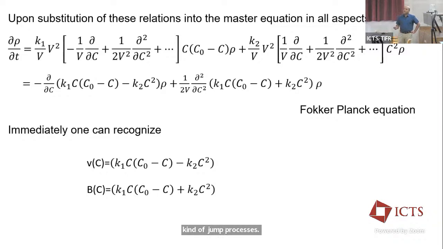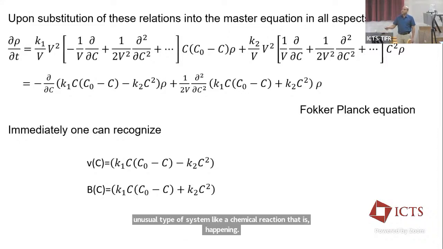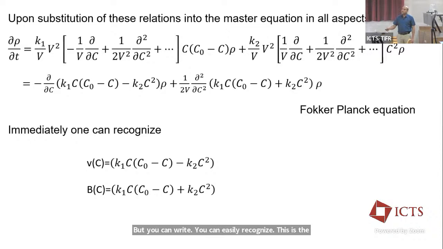You can easily identify that, even for a completely unusual type of system, like a chemical reaction that is happening, you can write it and recognize this is the deterministic part, not the Langevin part, and this is basically the noise part, which we can compare with the original version, the way we derived this Fokker-Planck equation. So immediately you can recognize this is the deterministic part and this is the stochastic part from this Fokker-Planck equation,